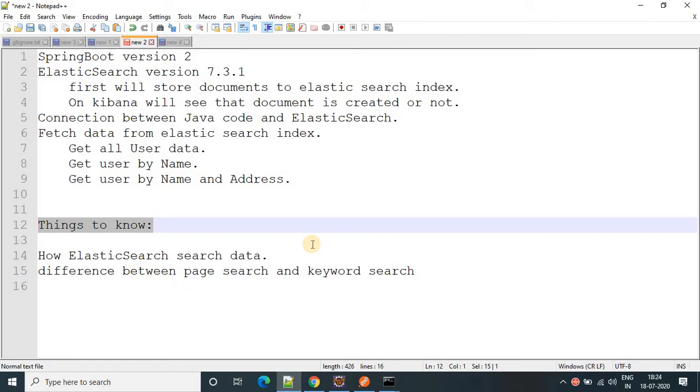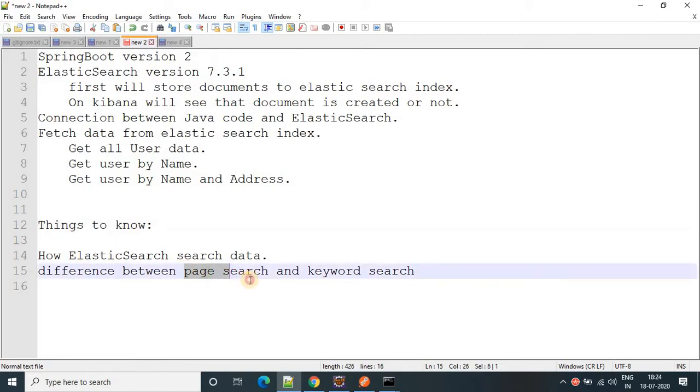Before Elasticsearch, we had RDBMS, like a database. A database searches data based on page search, right? Page search, and Elasticsearch searching happens with keyword search. So we will also see what is the difference between page search and keyword search.